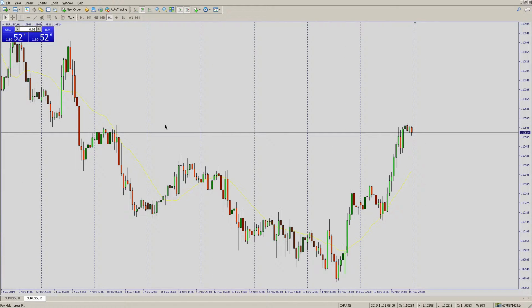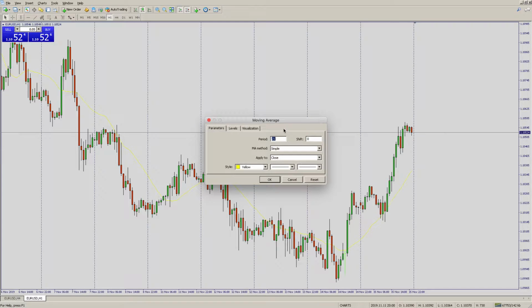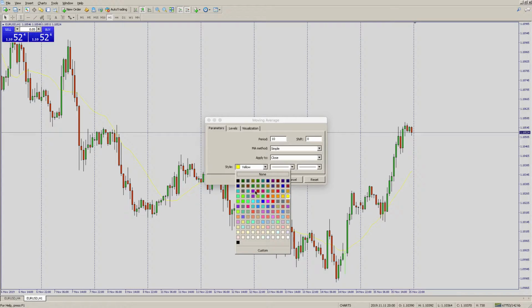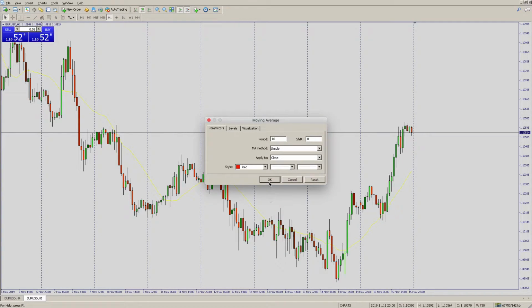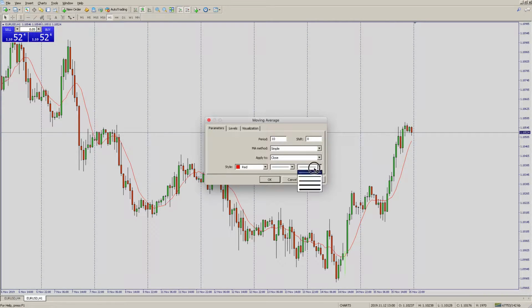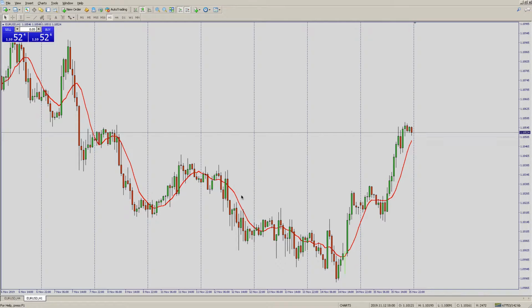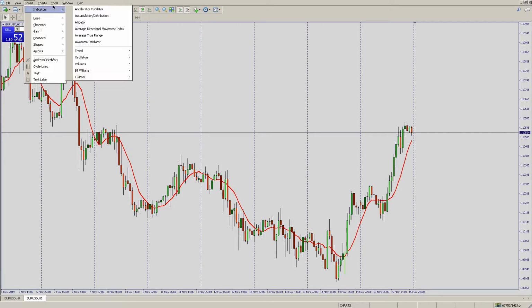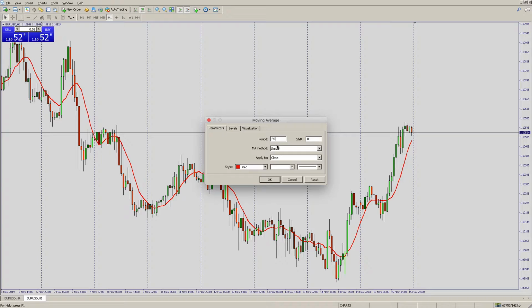Alright, let's go back to the 1 hour chart, and let's just add some basic moving averages. These are totally up to you. We just need a short term, medium term, and a longer term time frame moving averages. The short term one, let's just use a 10 simple moving average, and let's insert another moving average with 55